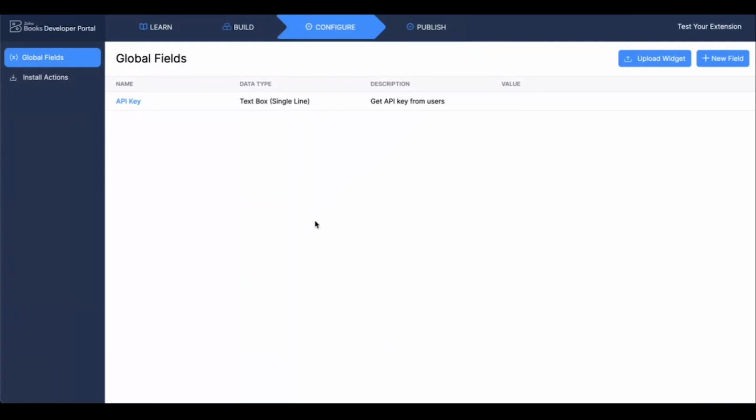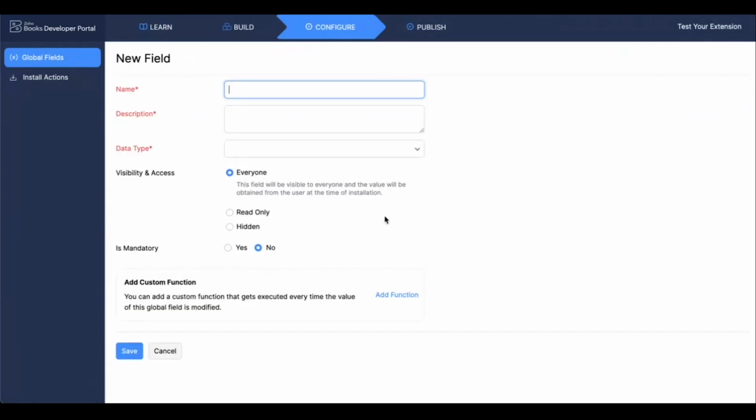So we can see that the field that we have just created has been successfully created. While explaining the use case, I mentioned that the user needs to provide an API key and API token, right? So we need to create another field to get the API token as well. So let's create another field by clicking on the button new field and follow the same process, that is providing